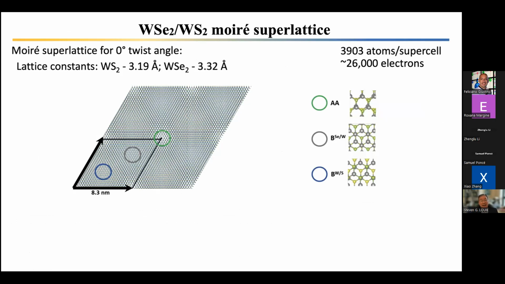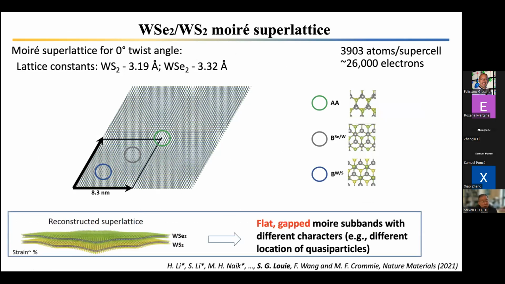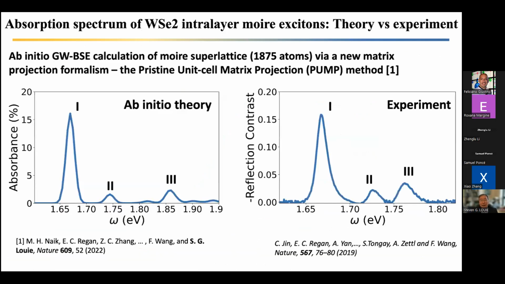reconstruction, and such a reconstruction gives rise to strong, large strains on the atomic positions, and that leads to flat and gapped Moiré subbands with different characters. And this is important. It turns out that that's the origin of the splitting and gives rise to some very interesting physics. Here's our calculated ab initio GW-Bethe-Salpeter equation result,